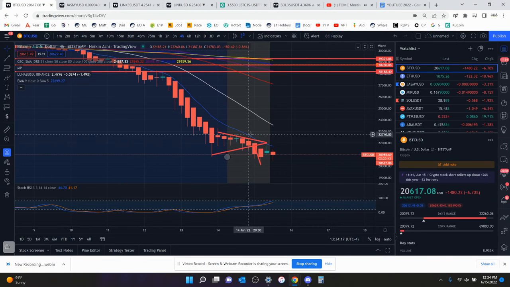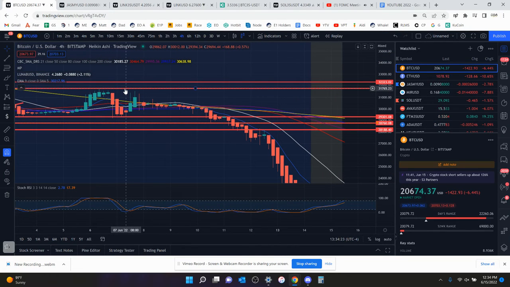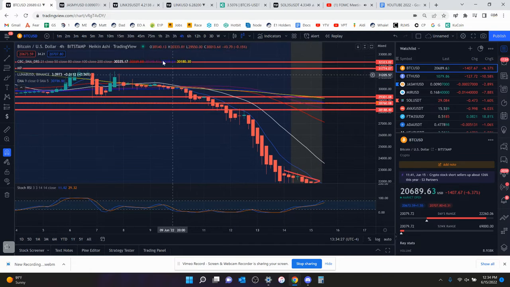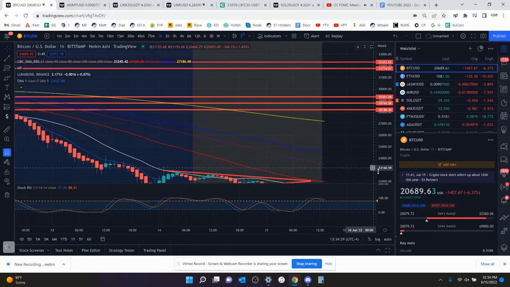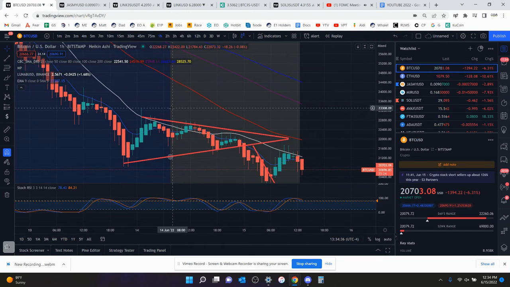We've had very few green candles. I don't even think you can say that that was a high. The last real high you had was right here. That was the last rally you had, $31,765. But if we zoom into the 1 hour chart, there was a little bit of a bounce the other day. So unless you get above, right now the price to get above based on the 1 hour chart is $23,300. If you don't get above that high, that's bearish. So I guess that's a high you have to get above.